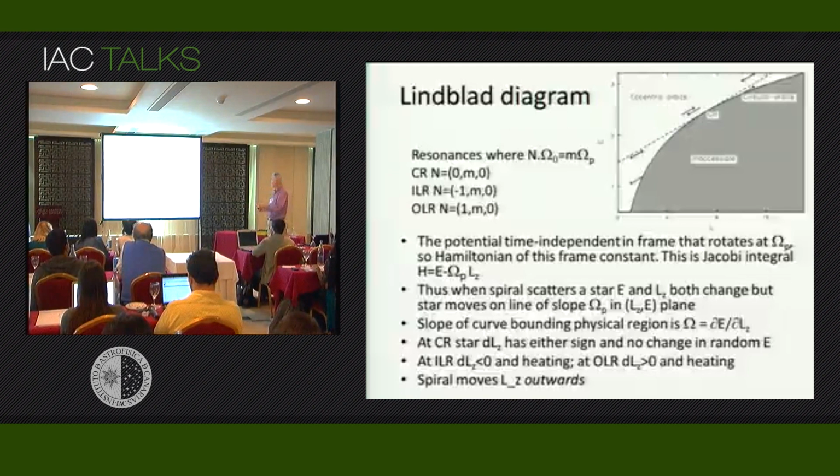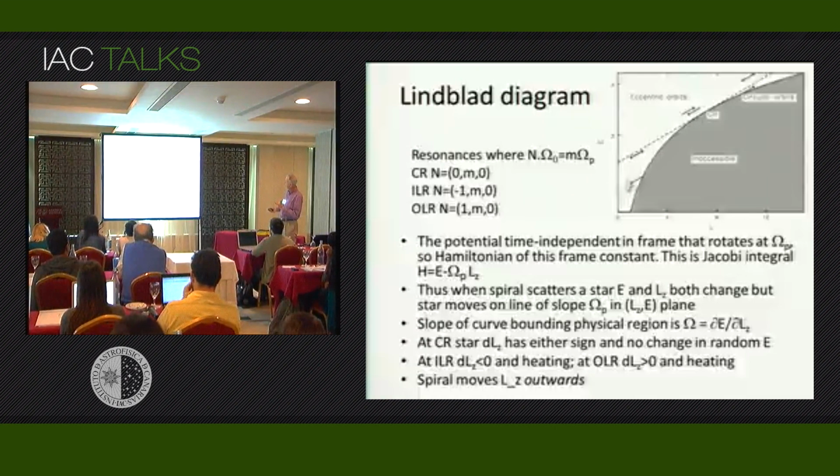And where this circular orbit curve has the same slope as the pattern speed, that's what we call the co-rotation resonance. That is the radius at which a circulating, orbiting star moves around, riding round with the pattern speed. So stars are going to move up and down this line. Wherever we are, they'll also move parallel to this line. Down here, they'll move parallel to this line.